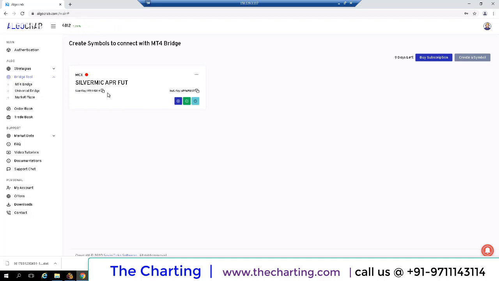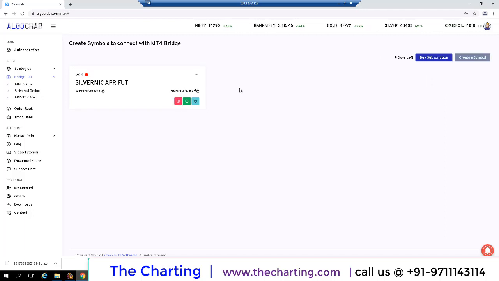You can see my user key is my mobile number and my instrument key is unique. So I need to copy this instrument key. To copy, you just click here, so it is automatically copied. And I need to click this start button.